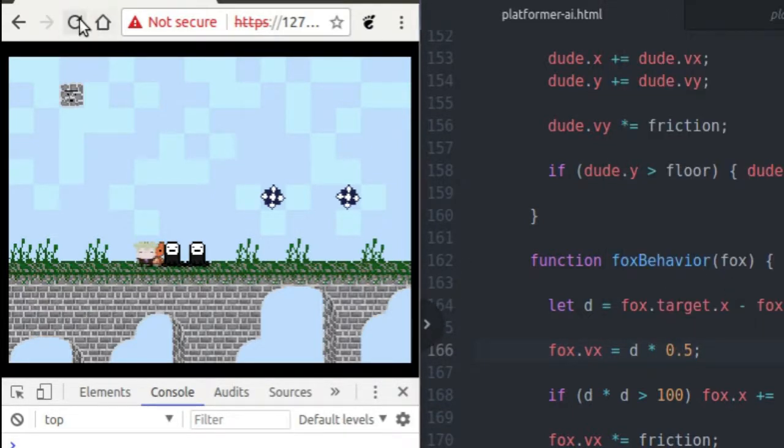Times 0.5. Not really liking how that's looking there. Vx equals d times 0.5. Let's do d times 0.05 and see how that looks. That's a lot smoother right there. Okay. And the fox doesn't totally follow the player, but what I'm going to do here is just increase this